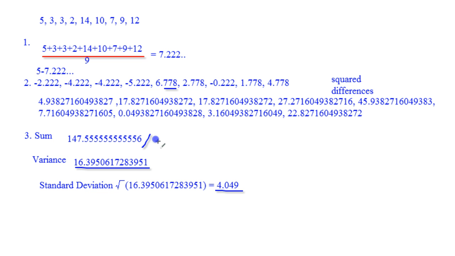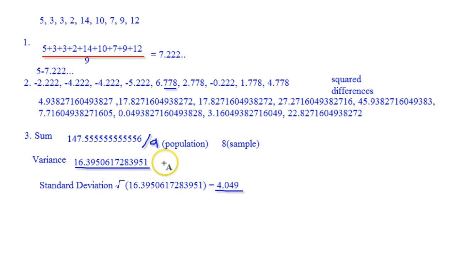Now here's the thing. You would use 9 if you're dealing with a population of information, if you were dealing with the whole population. If you were dealing with just a sample, you would change this to 8, because you go 1 less than what is actually given. So if we change that to a sample, now an 8,